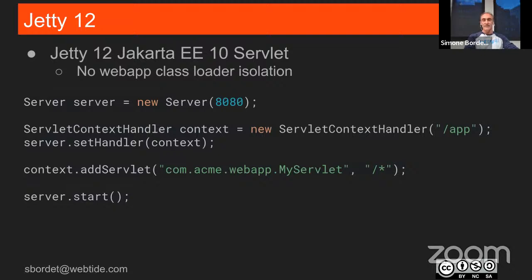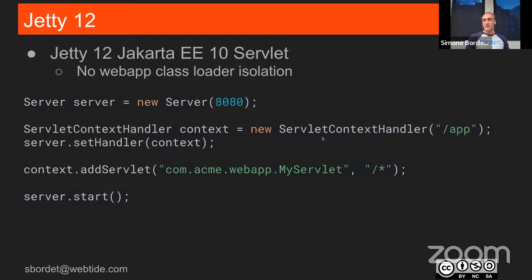It's there. This is the same example, but written with the Jakarta EE Servlet API, but with no class loader isolation. So it's a mix of things, right? Now, what we want to do is, for example, you've written your servlet with your complex logic in there and say, okay, but I want to reuse this servlet. I don't want to convert it to a Jetty handler. I want to just continue using this servlet, right?